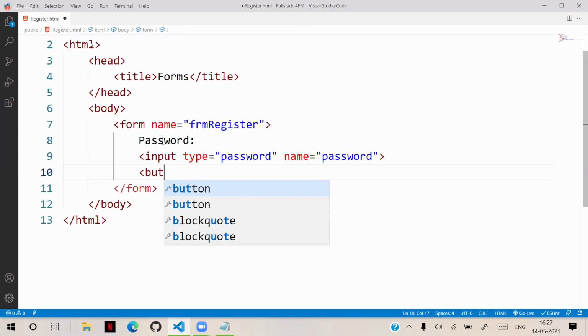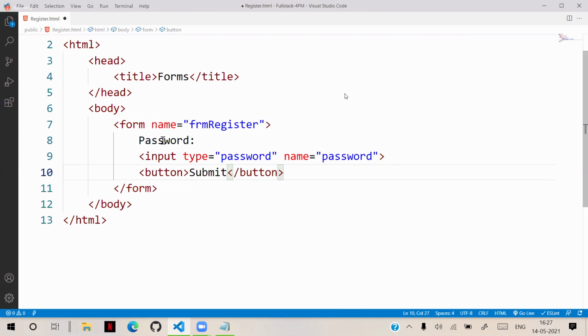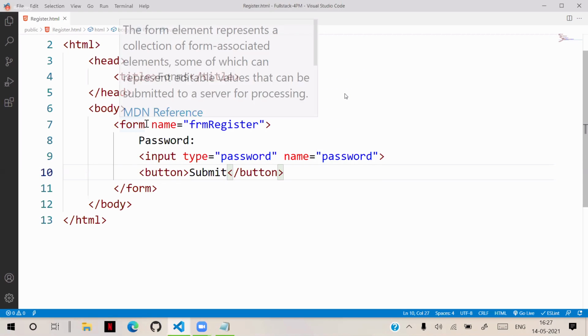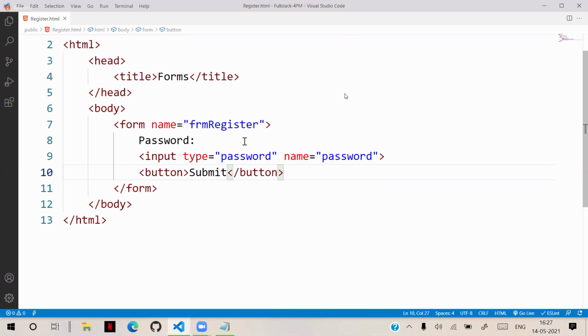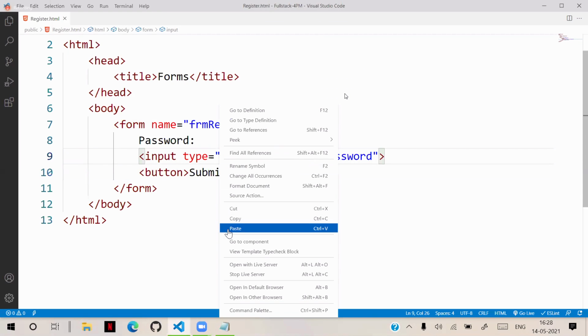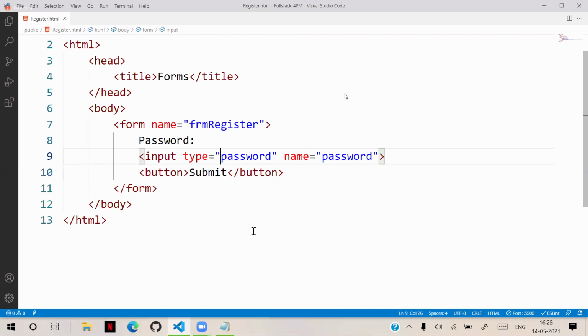I have a button here. So this is the submit button. And by default, the form method is a GET request. So you see here, when I run this, you can identify the default form method is GET. So when the default method of form is GET, then a lot of problems will be there.